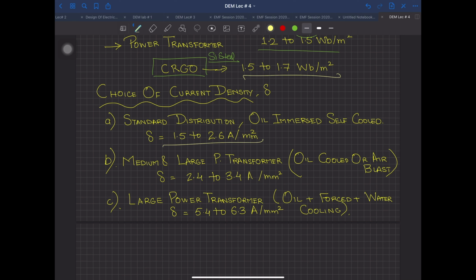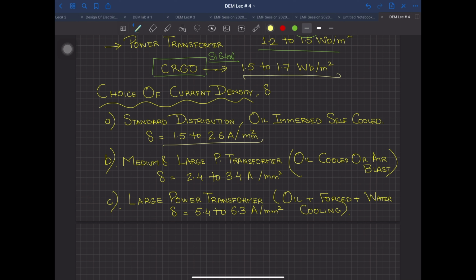Now, the ones which you are getting from Hall Road, which you are going to do in your lab also, their current density is not going to be more than like 2 or 1.5, not more than that. Because there is no oil over there. You cool it down, and it's a shell type. These current densities which I am talking about can be for the core type and shell type. That's why the range is given.